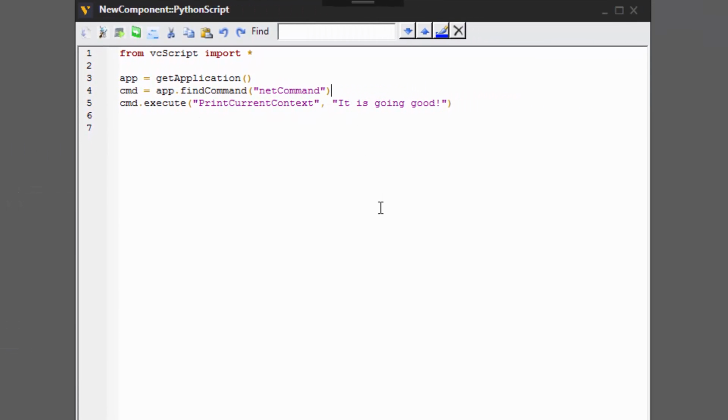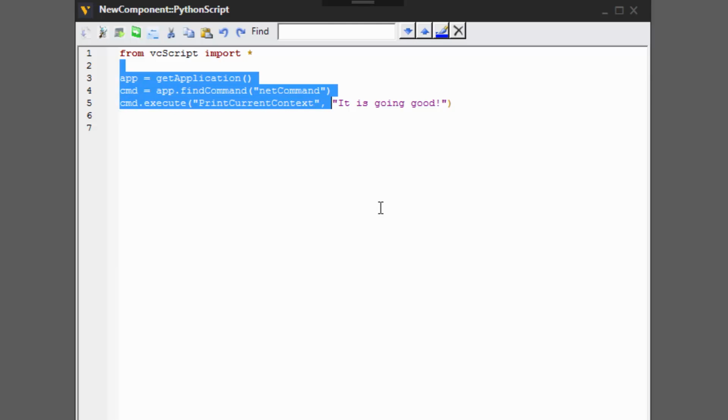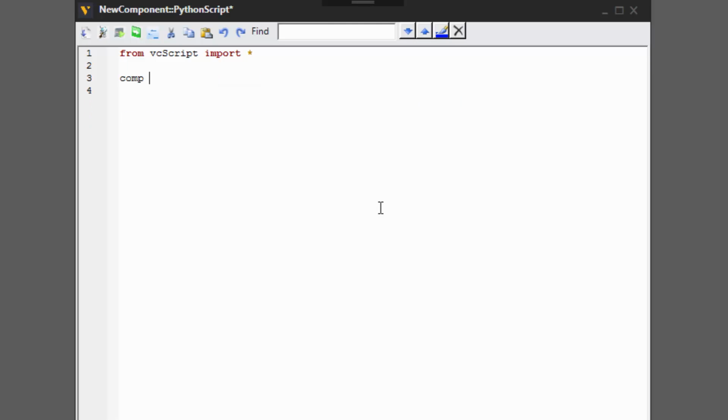We don't need this setup anymore, so let's clear this to start fresh. Let's get a handle for the component, so comp equals get component. Get a handle for that button, so button equals comp.get property. And the name of the button was call my context command. And then we want to define a function that is called every time the value of the button changes. So let's say my function. Give a different name for the function if you want to. And notice this function takes one argument value.